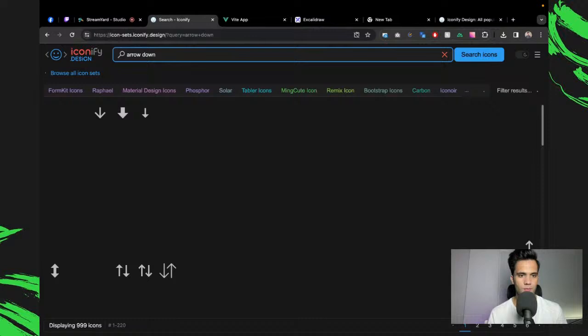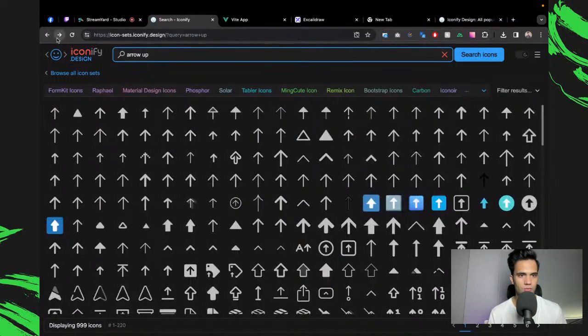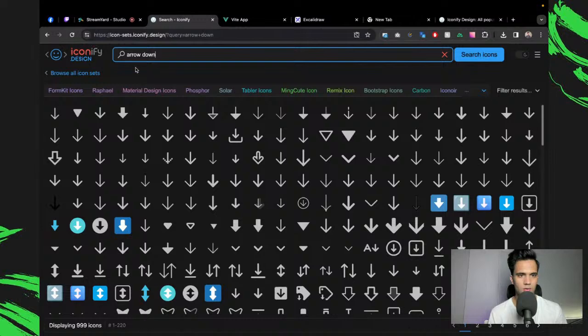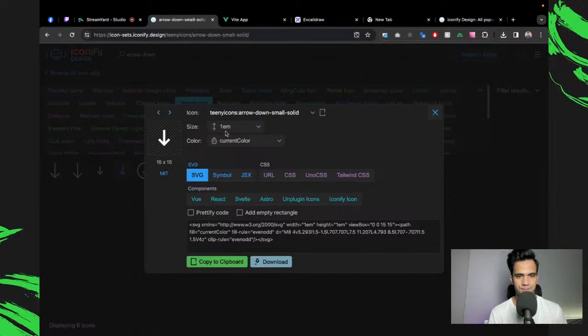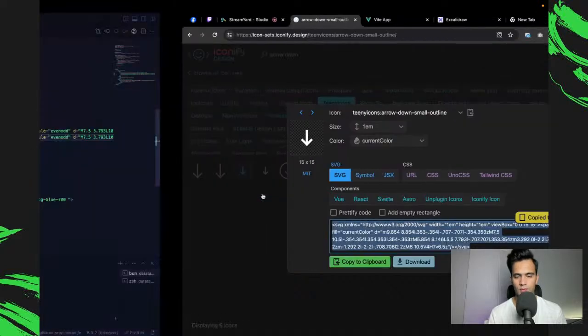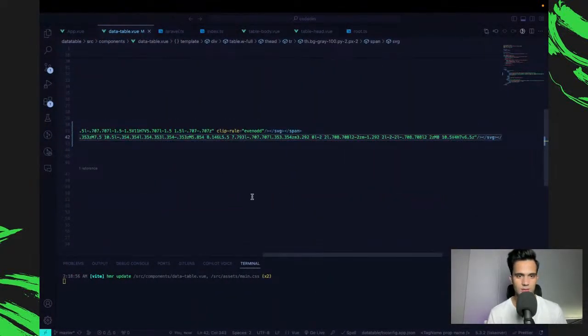Arrow down. I forgot which one I was using. It wasn't Solar. Let's go with one of these. Maybe this one. Get the SVG and paste the SVG. Basic stuff.